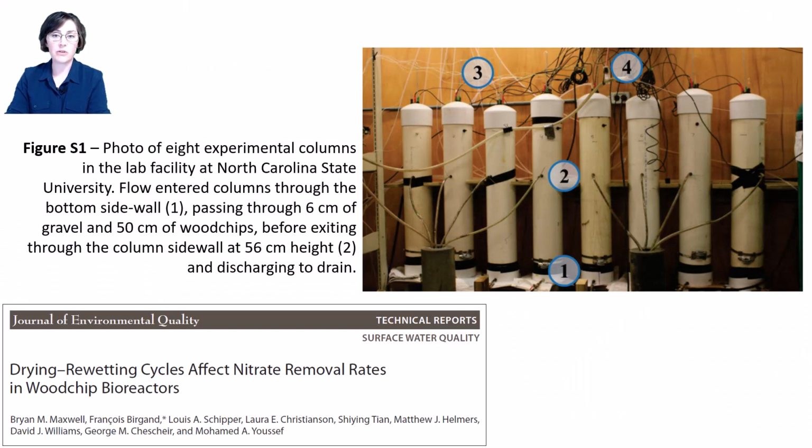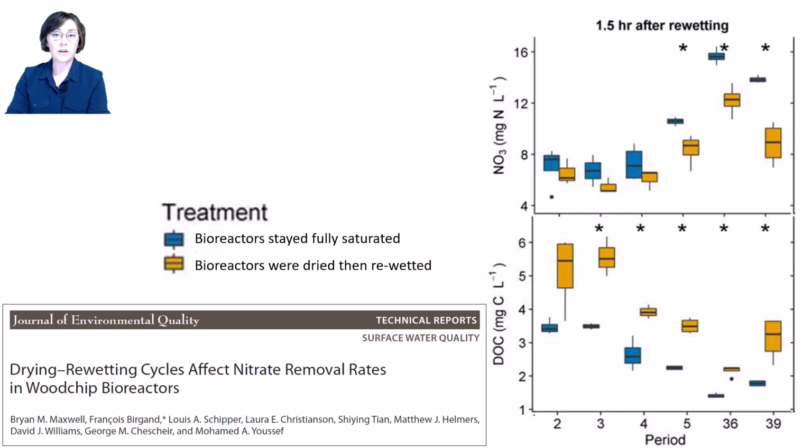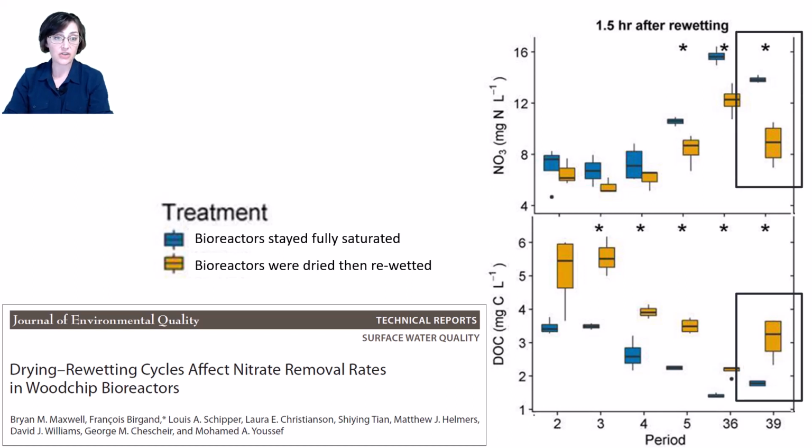Another idea to boost nitrate removal that's related to carbon is the idea of drying the wood chips. Remember, I have said that decomposition of wood chips is an aerobic process. Well, when the wood chips are being broken down, basically what's happening is that their carbon is being released. There's been some nice work that shows when a bioreactor is flooded, then dried, then re-flooded, those wood chips release extra carbon. You see that following as many as 39 drying cycles, this treatment in yellow released extra dissolved organic carbon, DOC, into the water, and that DOC was fueling extra nitrate removal compared to bioreactors that were staying fully wet.